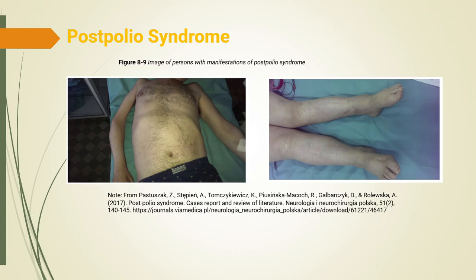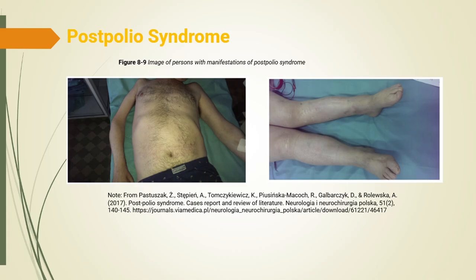On the right, we see a close-up of the lower extremities. Again, what stands out is uneven muscle mass, particularly in the calves. The affected limb may appear thinner, weaker, or smaller because of long-term denervation and muscle fiber loss. Some patients may also develop joint deformities, contractures, or changes in gait because they rely heavily on stronger muscles to compensate for weaker ones. Clinically, patients often report new fatigue, pain, shortness of breath, and decreased endurance that gradually worsen.